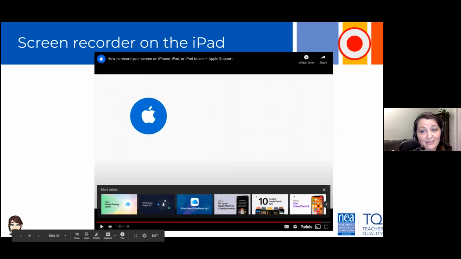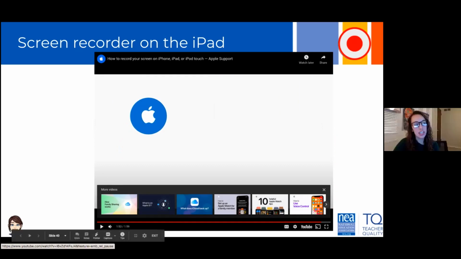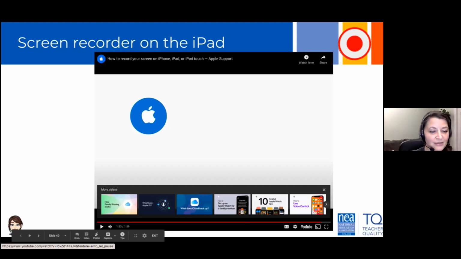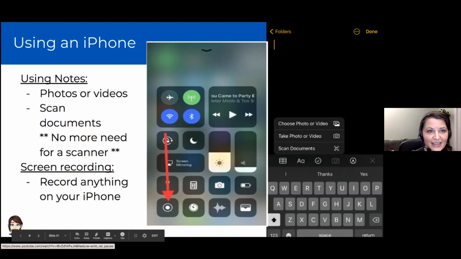And it is that easy, and I think it's fabulous, especially if your students are using iPads. I put in the chat, I've got some non-tech friendly family that I have to teach how to use apps or things all the time, and I actually screen record. I'm like, here's how to open your messages, and I just do it right on my phone. So you can use it for work or for family, teaching them how to use their devices. And I think they're wonderful and really, really easy to use.